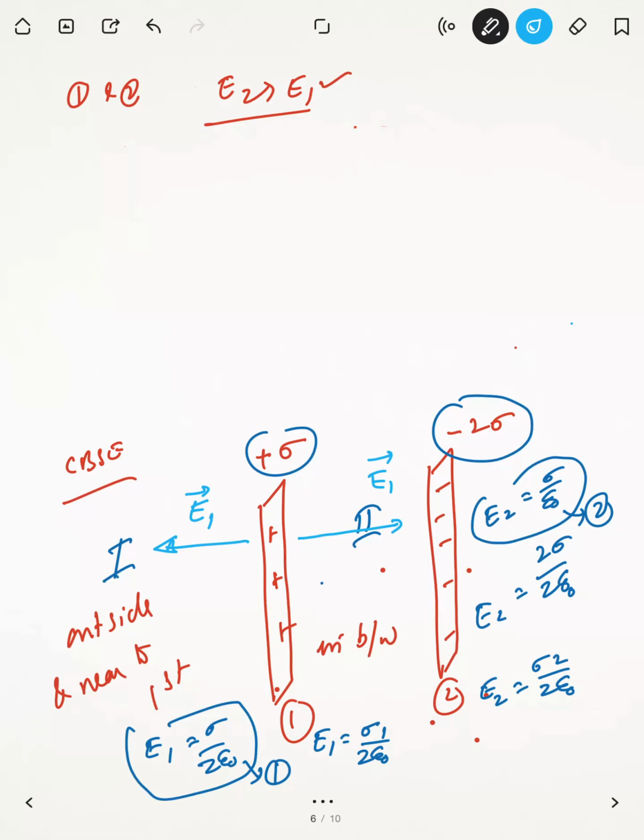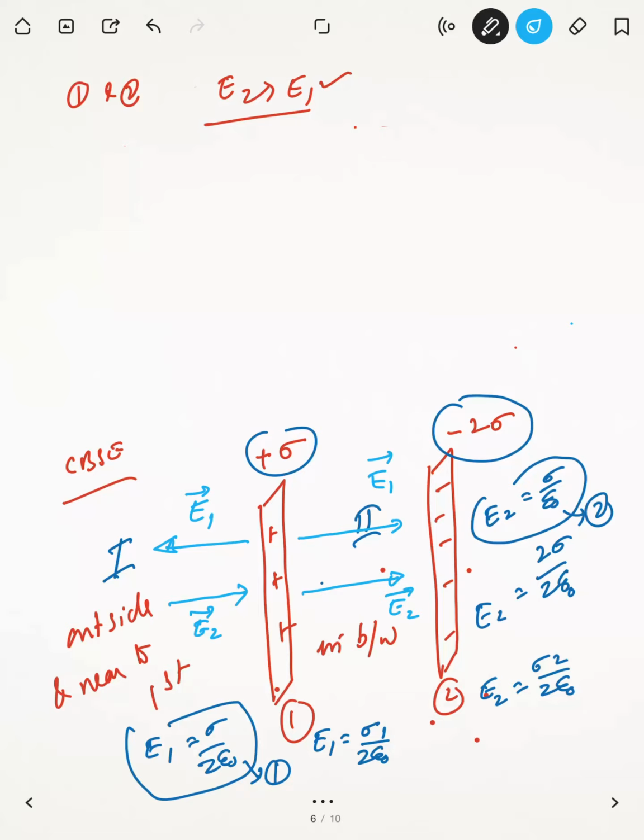So the first sheet is completed. Now what about the second sheet? The second sheet has negative surface charge density. The field is normal, but it is directed into the sheet. So the electric field E2 vector is in this direction. We are not going for the right side region, as it is not yet asked. So in the first region E1 and E2 directions are marked, and in the middle region we have also marked the directions of E1 and E2.